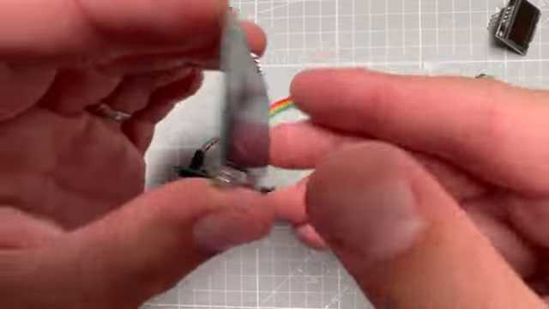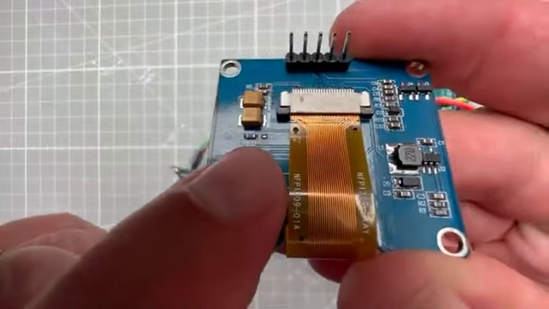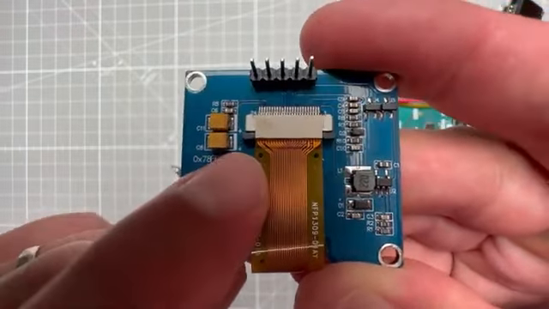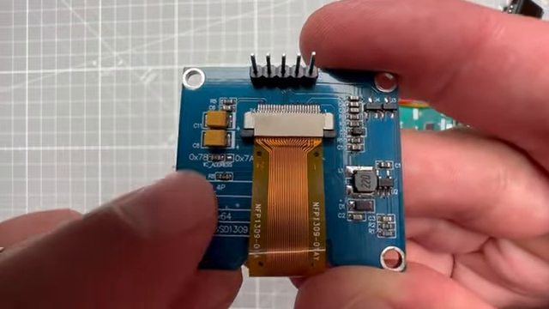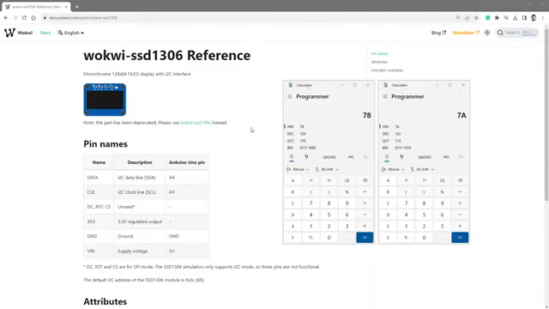If you take a closer look at this PCB, you can see that there is a very small print saying I2C address, and then there is a small resistor. And so if you desolder the resistor and solder it again on the right side, you will switch the address from 78 to 7A, which is kind of strange, right? Previously we've said that the address could be 3C or 3D, and now we see 78 and 7A, and that's